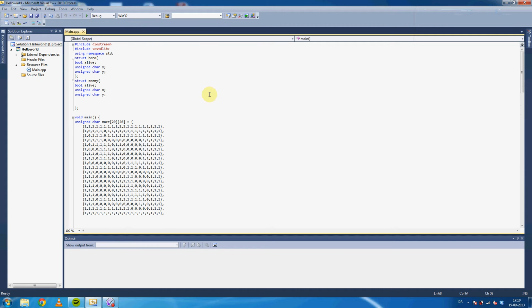So, my code starts up here by including iostream and cstdlib, and then I'm making a struct. Here I'm making a struct called hero, and inside that struct I have three members: a boolean called live, an